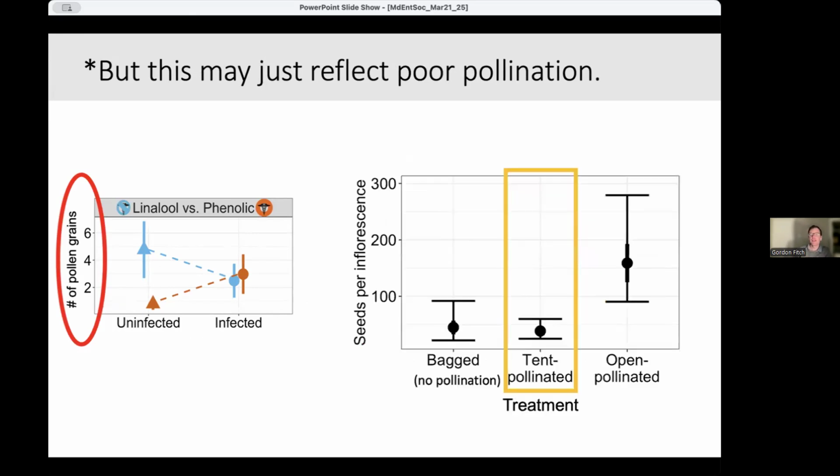And this was confirmed because those plants that were inside of our tents produced way fewer seeds than the flowers that were open to pollinators all the time. Meaning these poor plants, they were doing the best they could, but they couldn't really produce seeds the way that they wanted to. And so maybe the lack of an effect of self-medication on their reproduction is just kind of an